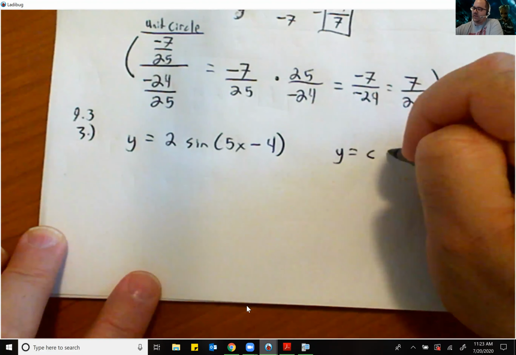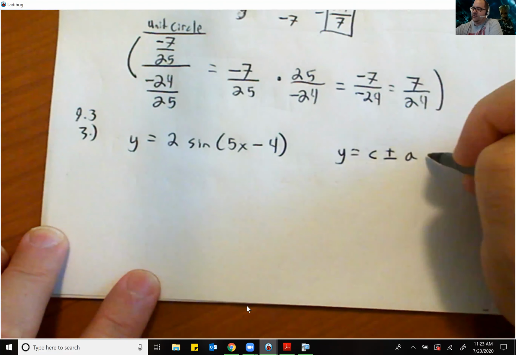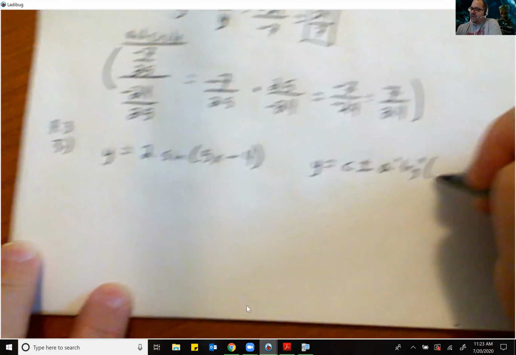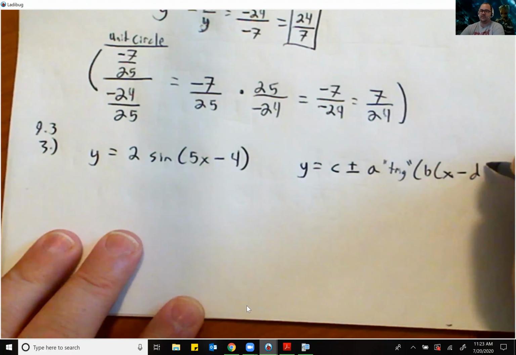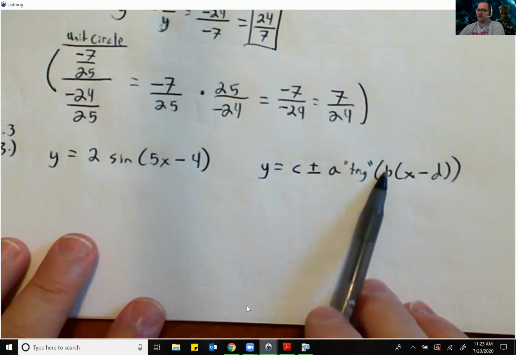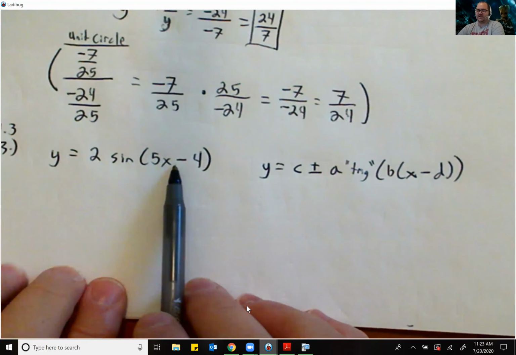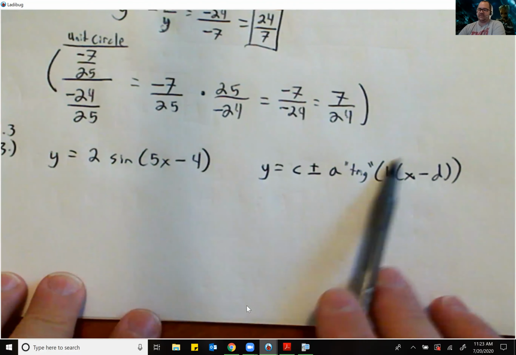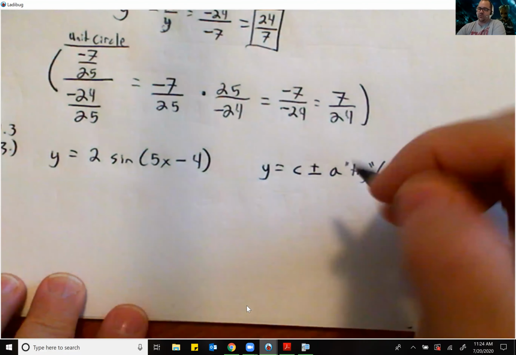C plus or minus A, and then your trig function here, B parenthesis X minus D parenthesis. So you see how in here there's a B with a parenthesis. Over in here there isn't. So that tells us that we need to pull out a GCF. Whenever it doesn't look like this inside the trig function, it's a GCF idea. Okay? So in order to fix this,